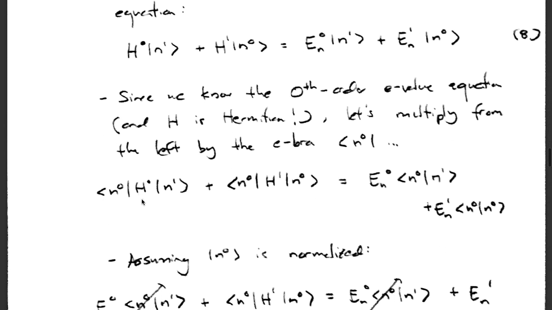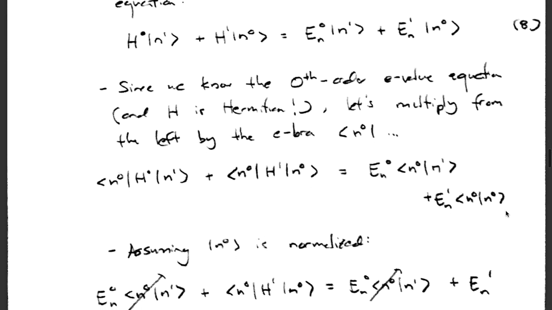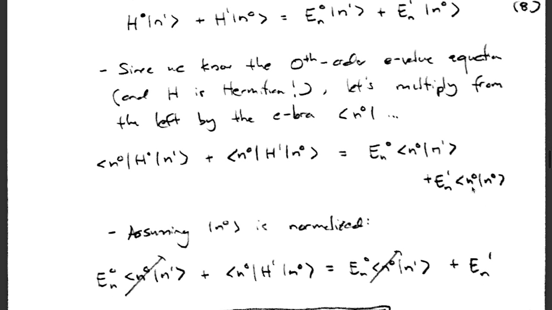So I've got N0 hitting H0 over here, right? This guy, we don't know anything about it yet, okay? And then the N0 on the right-hand side would pass through these energy eigenvalues, right? So I would get the overlap of N0 and N1, and here I have the overlap of N0 with N0, right? So we're assuming that these guys are normalized, okay? So that means that N0 on N0 just gives me 1,